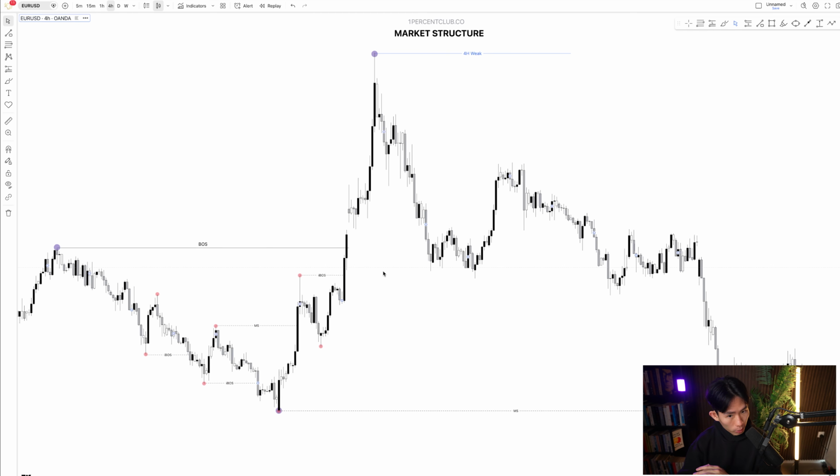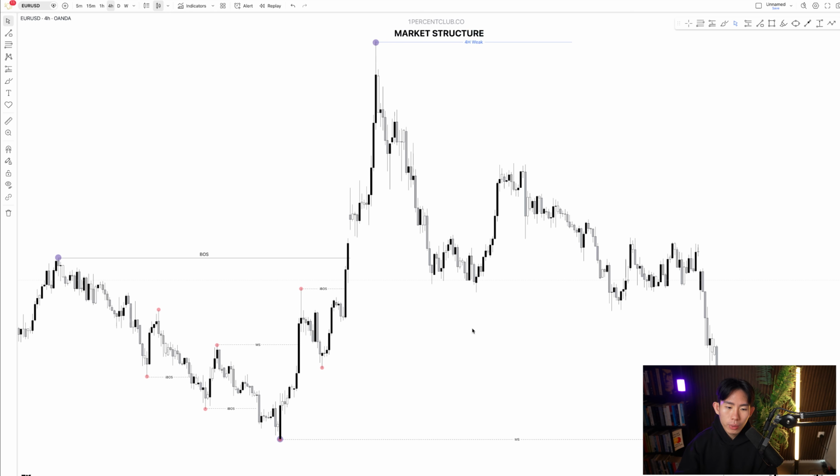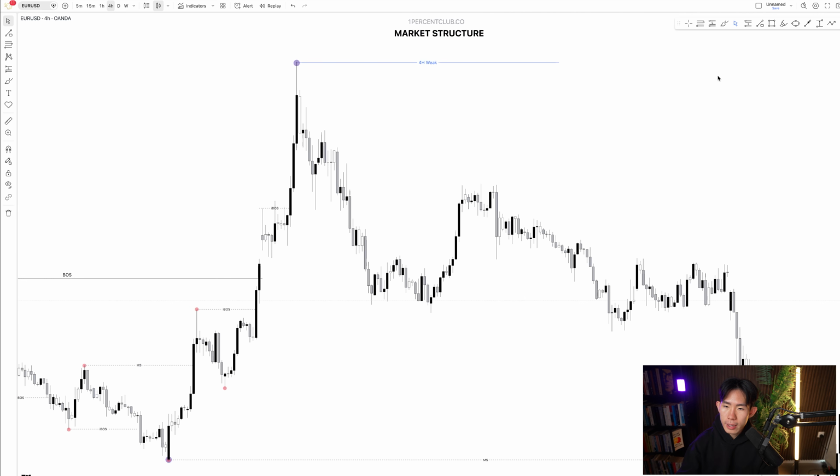All right, so let's once again take things one step further. Let's not get ahead of ourselves. Let's just go back to this area right here. This was the last internal break of structure, and then later on, price went up, pulls back, goes up, pulls back, and then goes up, right? That's what the price action is showing me. So as a result, I can map this up as my new internal break of structure right here, which means that I can also identify my new internal high